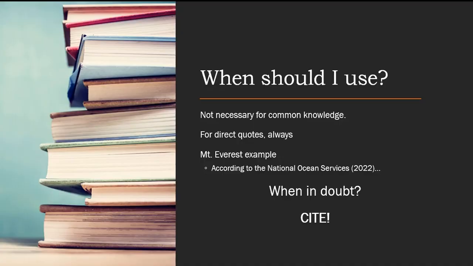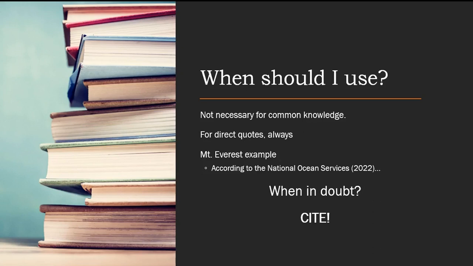One common question is if you must use them for everything. After all, everything we've learned is based on something we've heard, read, learned, or studied. And while the APA handbook doesn't lay out exactly what must be cited, it does specify that common knowledge does not have to be cited.